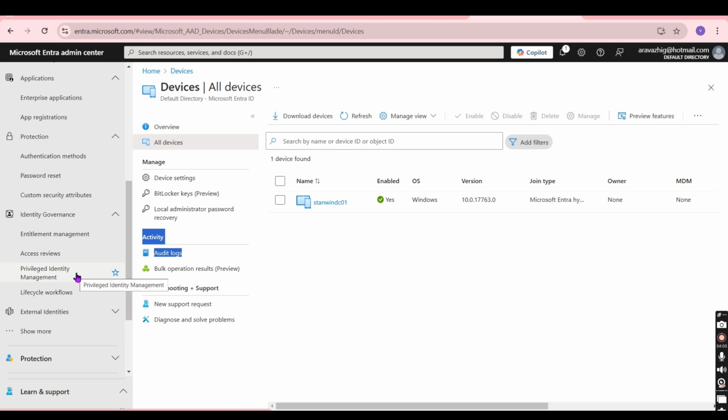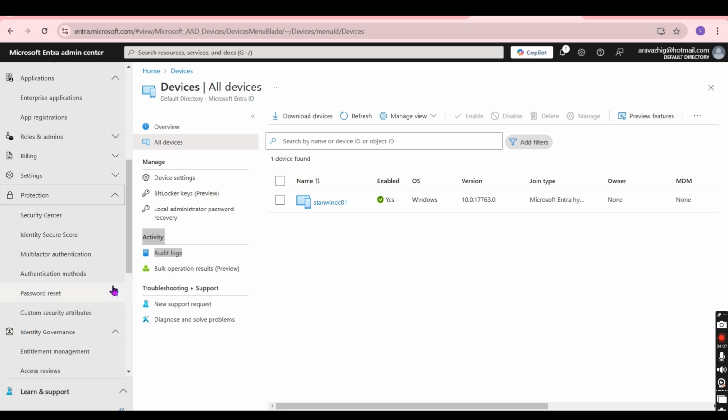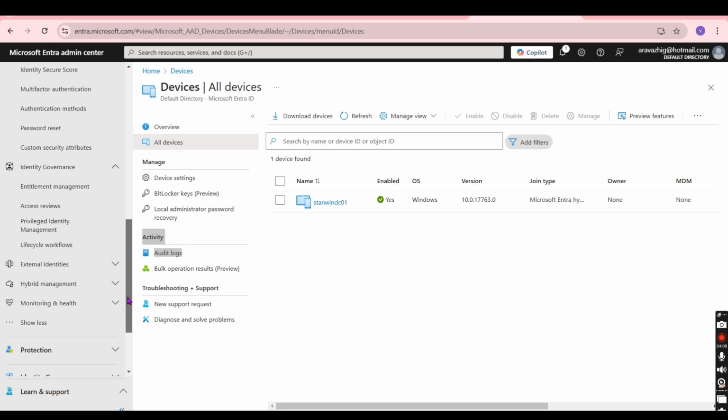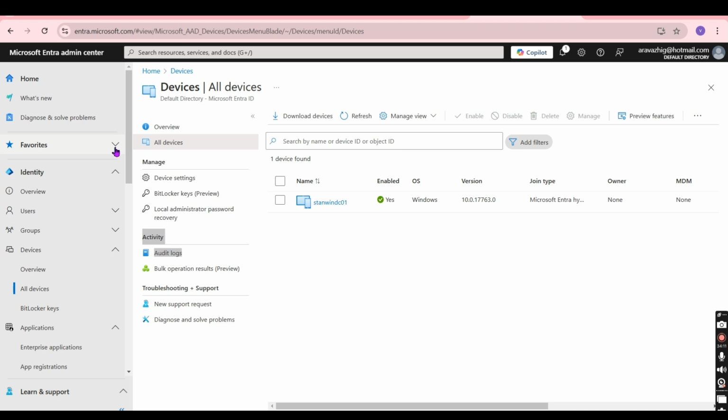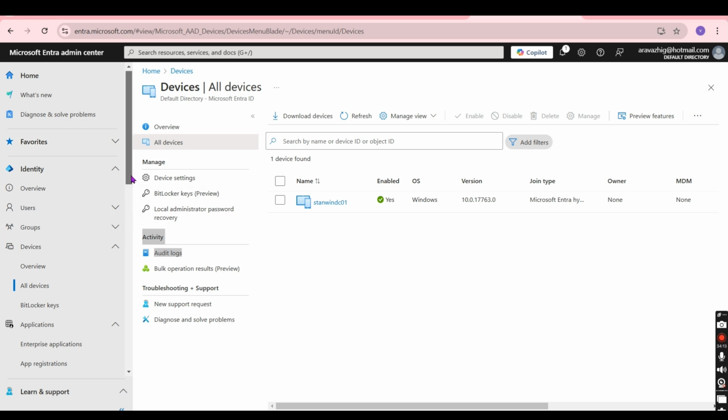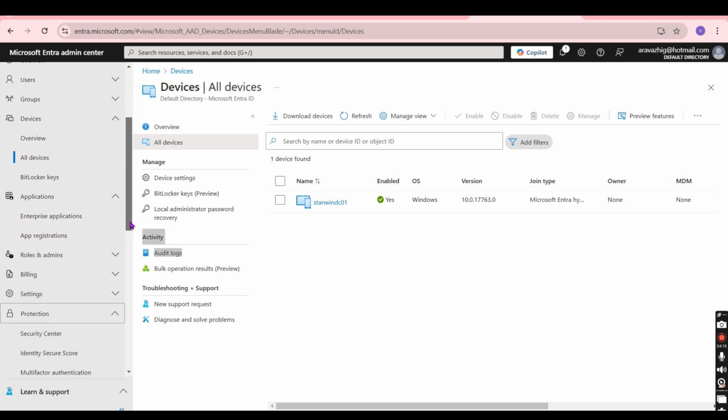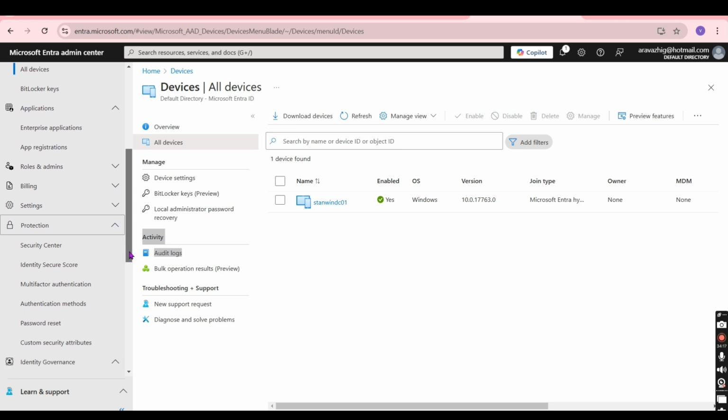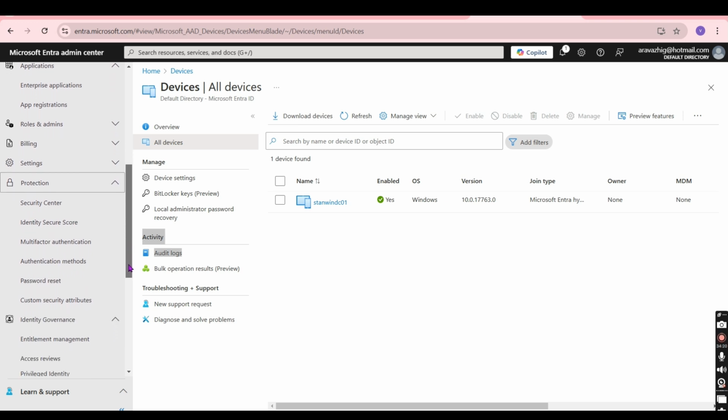So those are all things that you can control using privileged identity management. This is where you go and configure all of these things under the Entra Admin Center. For example, in some case study, you might also be asked to do some activities like